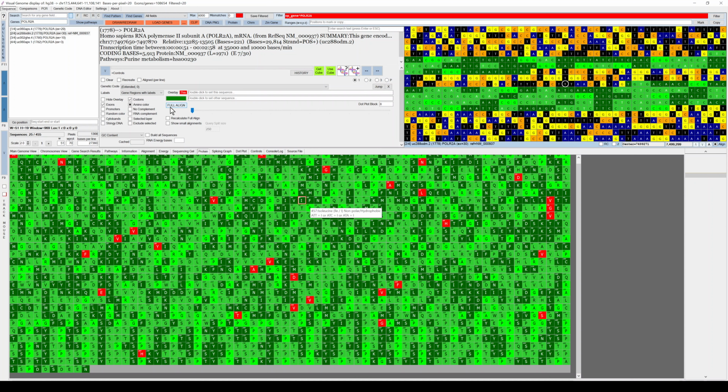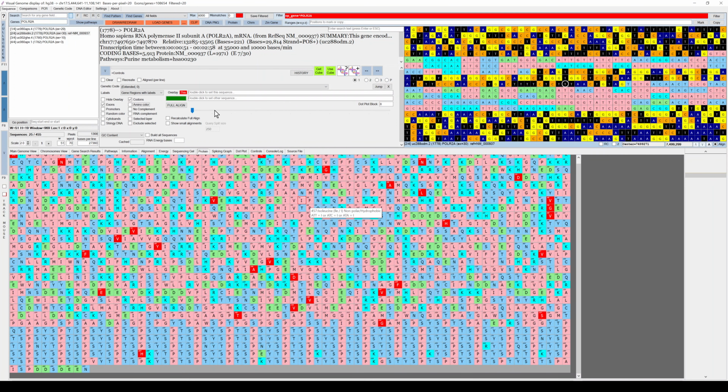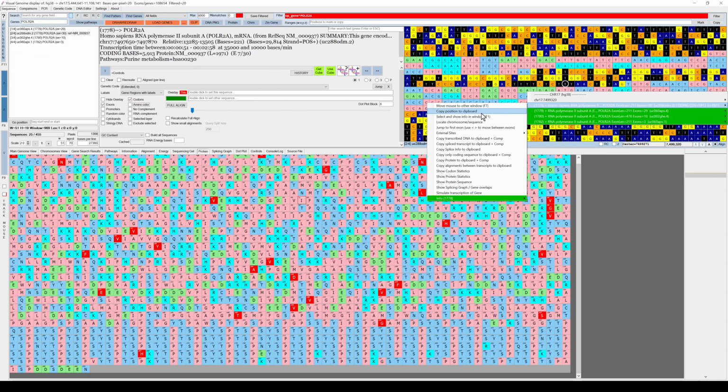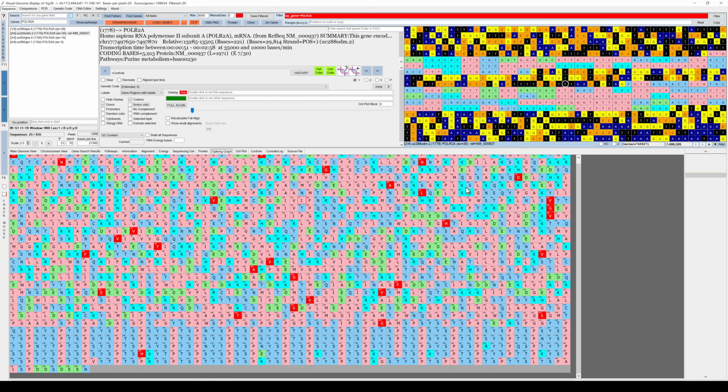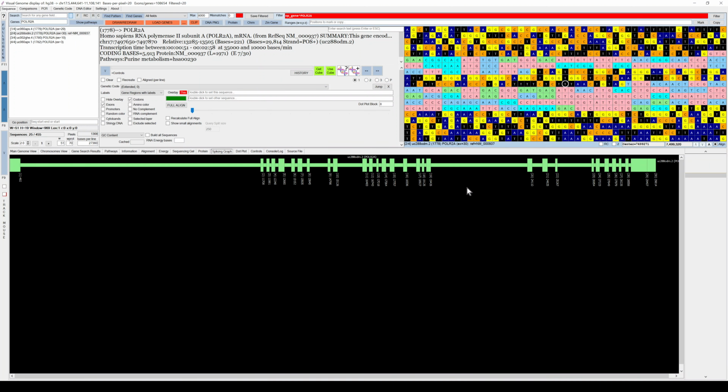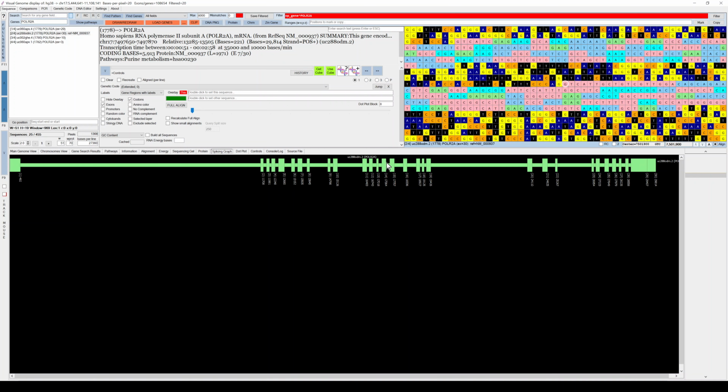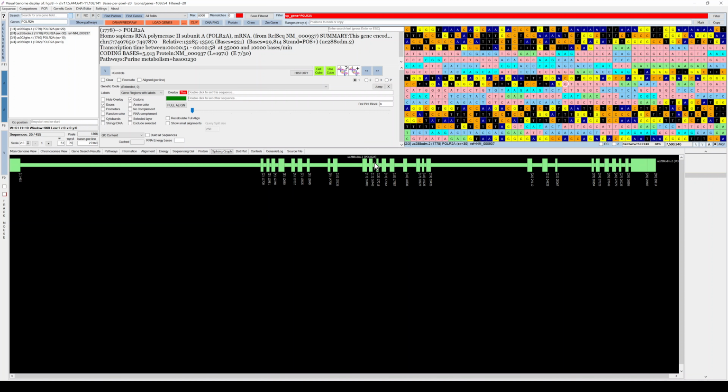If we switch that back to the hydrophobic view or the properties of the amino acid, and then we right click, there are other things that you can also do. You could also look at the splicing graph, which gives you a view of how the splicing worked in this specific gene. When it is drawn in green, it means it is coded on the positive strand, and when a gene is shown in pink over here, it means it's on the negative strand of the DNA.